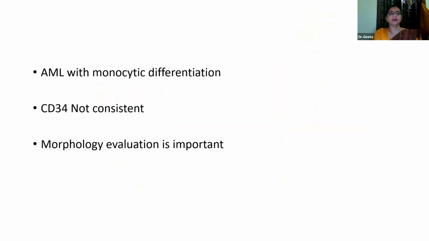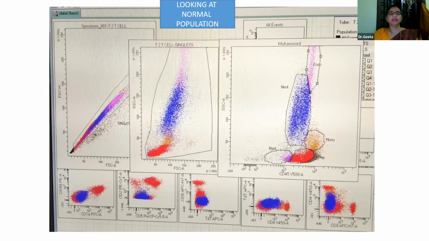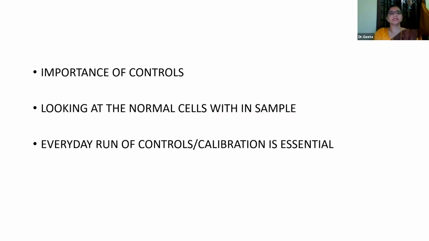Here, highlighting that CD34 most of the time may not be consistent. We may have to use CD64, preferably with a mature monocytic marker like CD14, to categorize the monocytic leukemia. This slide is to highlight the normal population which I have shown in all the worksheets. Compare them, and the positive and negative controls can be immediately made out. And also a word of caution is essential in providing good reports.